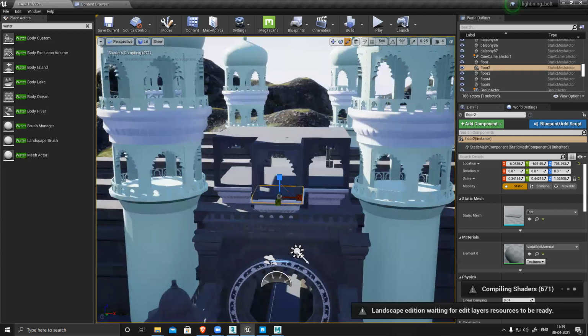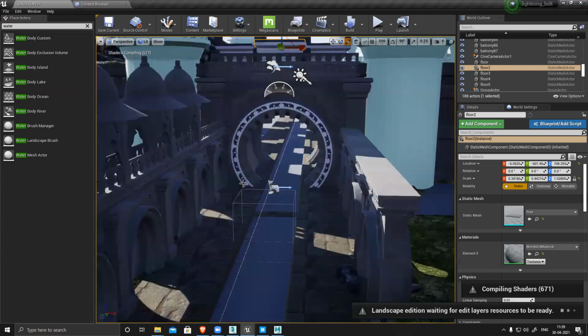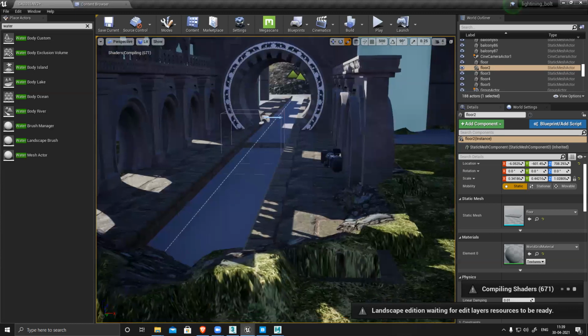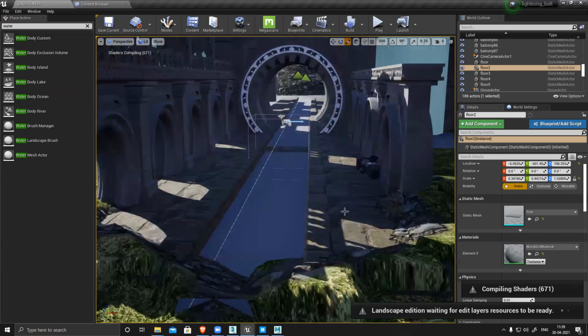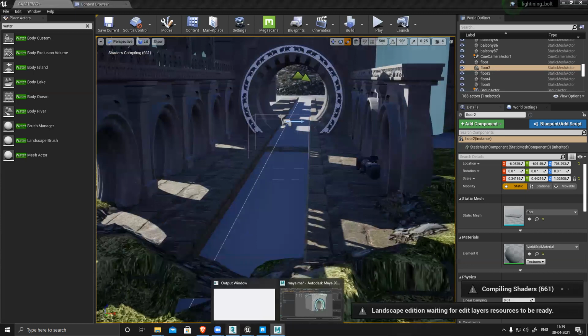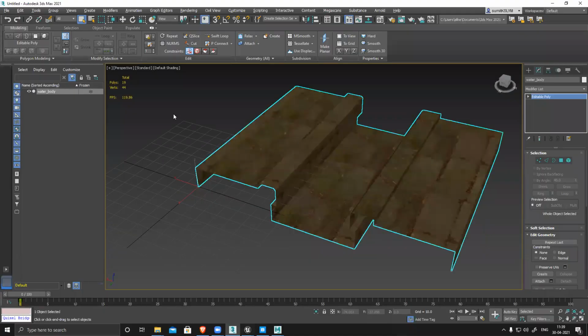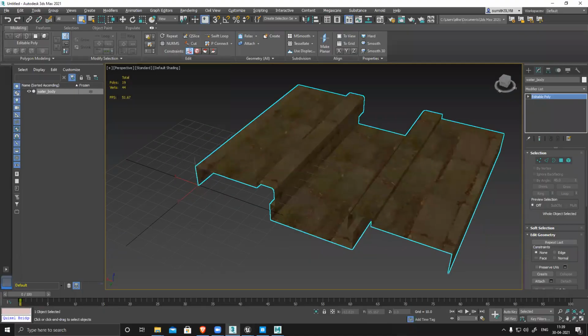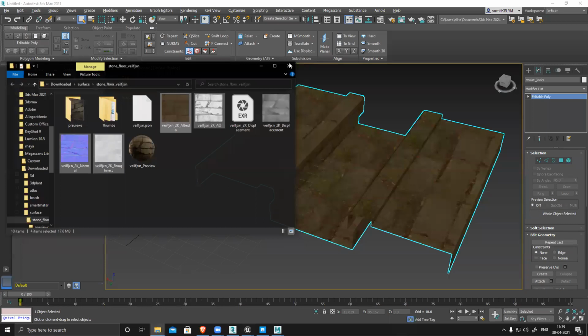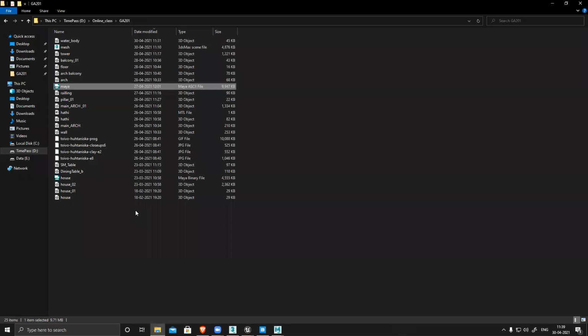Okay, this water is still compiling. Should start unwrapping something.